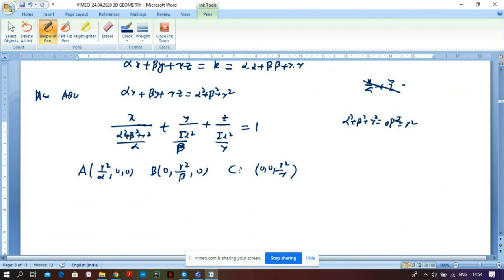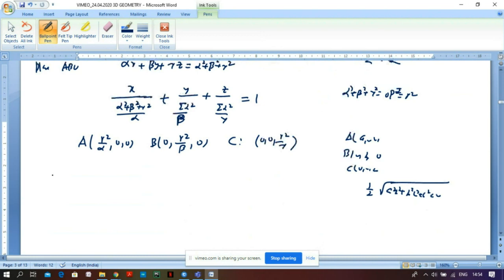Now we have got a triangle such that its vertices are A, B, and C, and all vertices lie on the coordinate axis. So we know from previous example that if A was (a, 0, 0), and B was (0, b, 0), and C was (0, 0, c), then area was half of square root of a square b square, b square c square, and c square a square. We can use that again, and so we can get that area of triangle ABC is half times square root of,